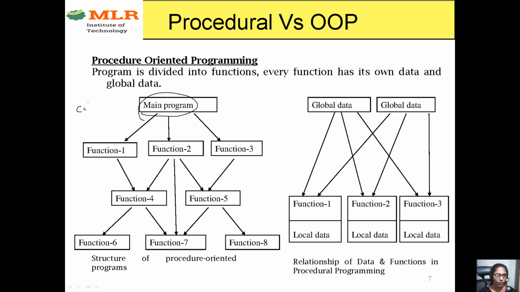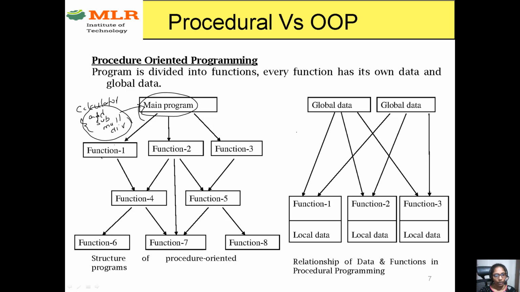Otherwise, if you are doing a program like a calculator where you are performing addition, subtraction, multiplication, division, then your program will be complex, and if you write all these functionalities within the main function itself, the code will become clumsy. In that case, you can divide your main program into 4 different functions: add, sub, mul and div. And again, if your function is complex, then you can divide it into multiple functions. So that is the process in procedural or structured programming.